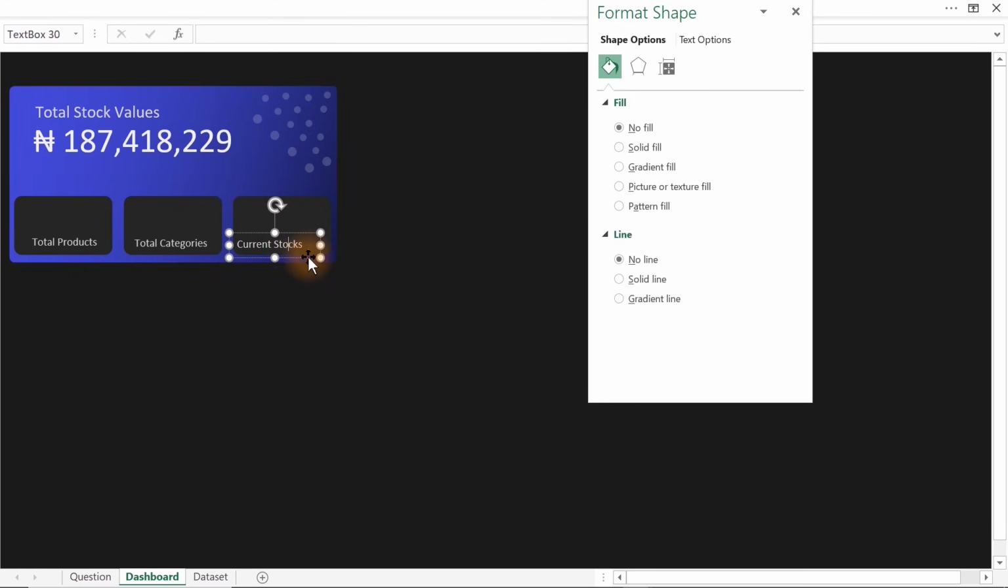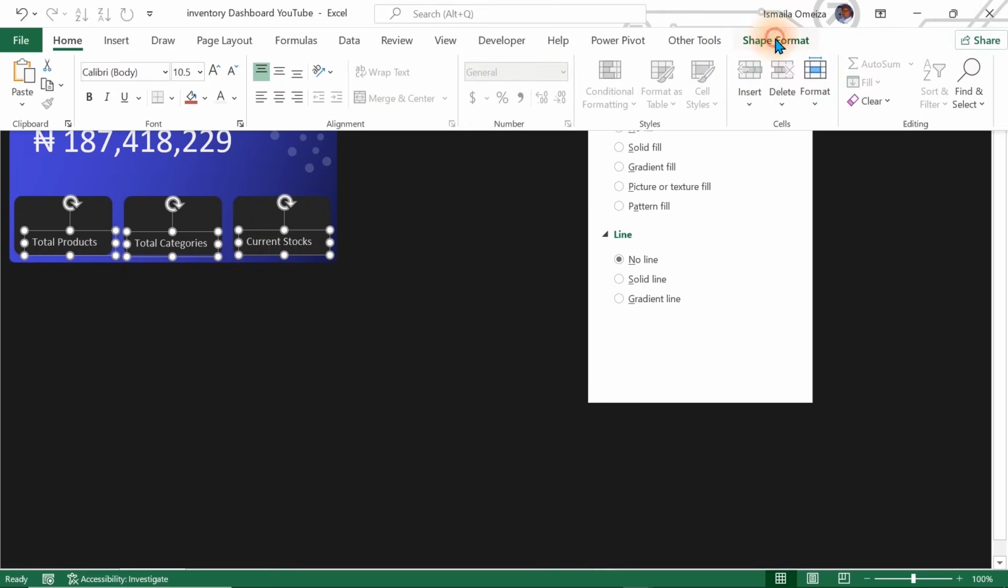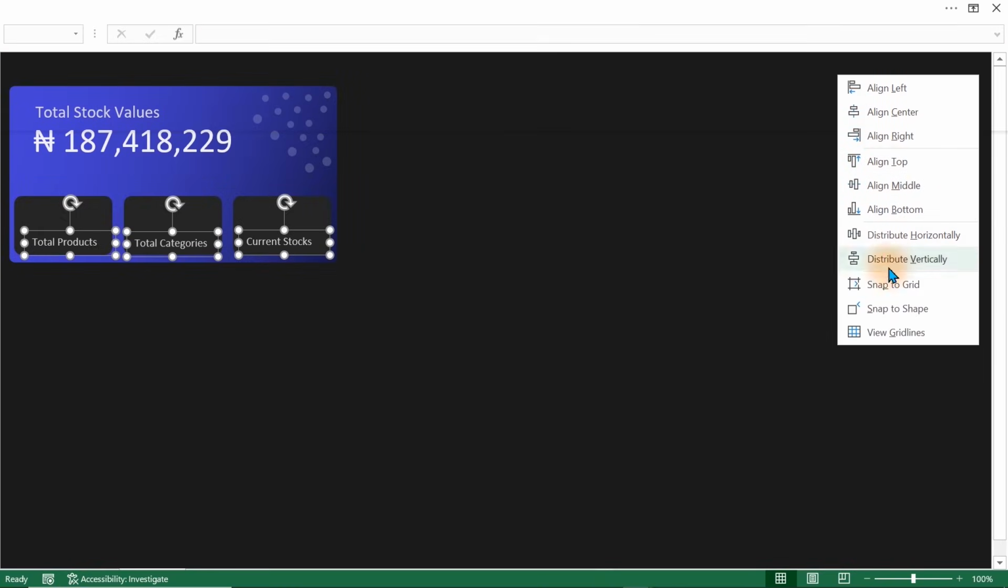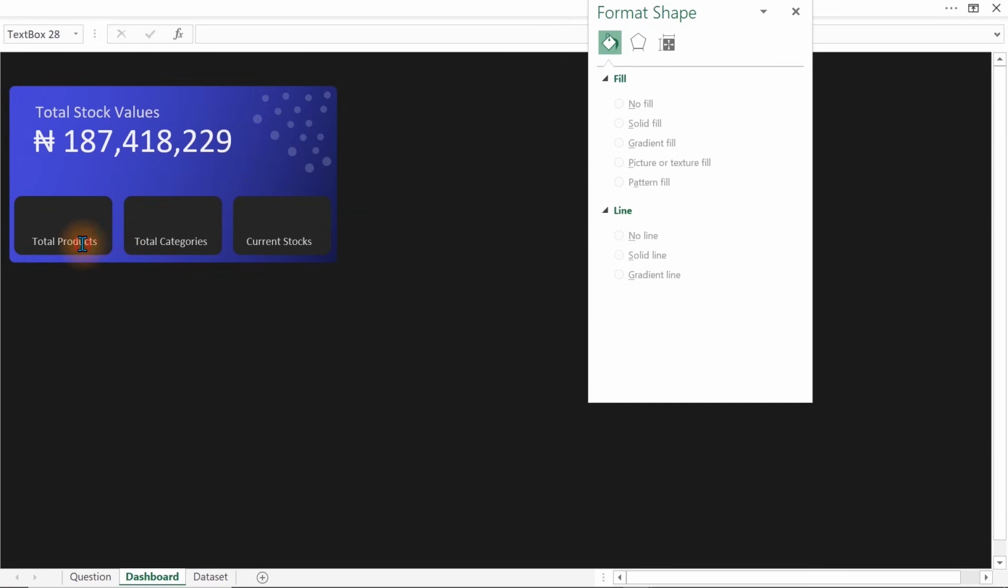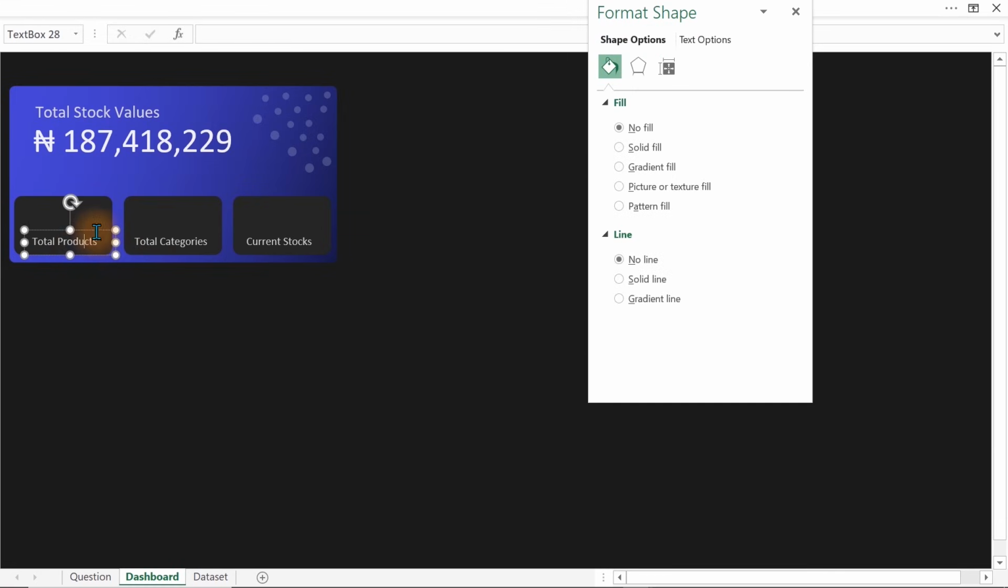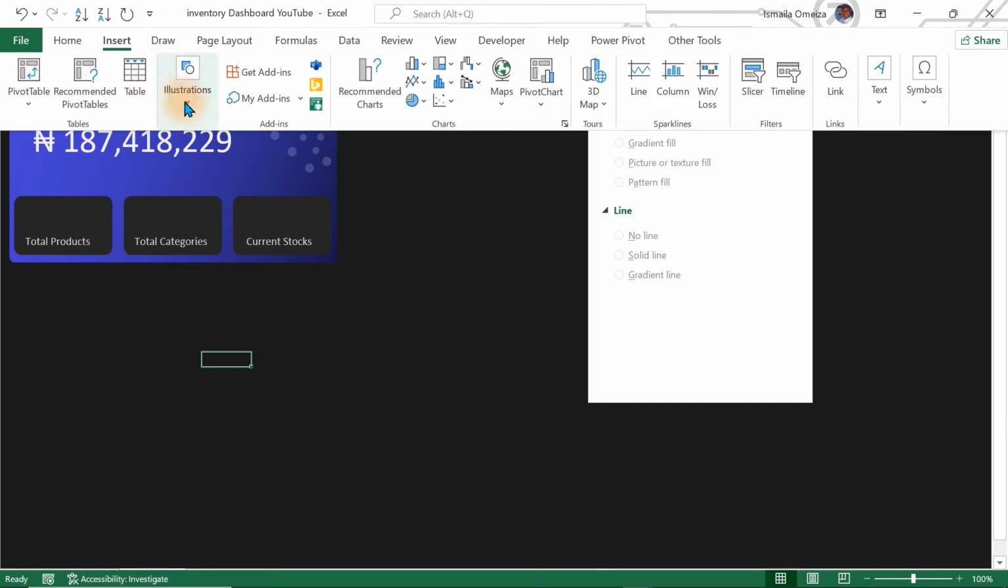So we have to align them properly. Hold your control key and select all of them. Then go to this particular shape format and align to the top. Align top. Over here, we just have to make sure this one is centralized. Once we have done this, I'm going to go up again, go to insert and take up